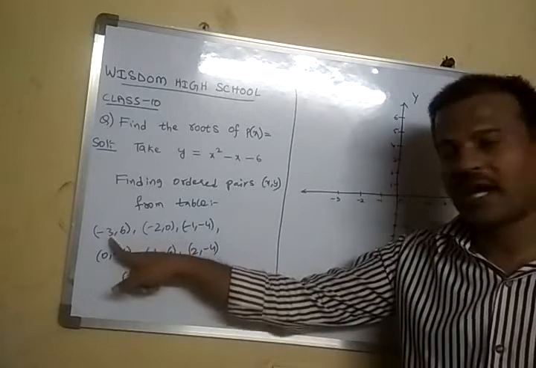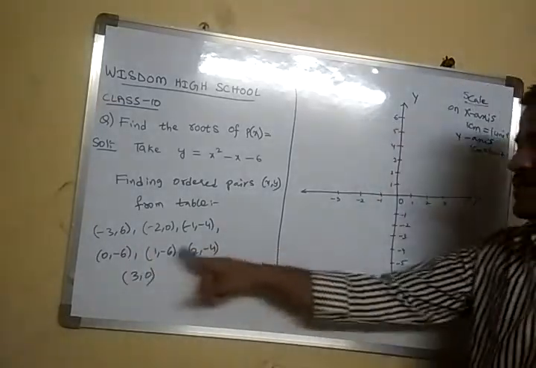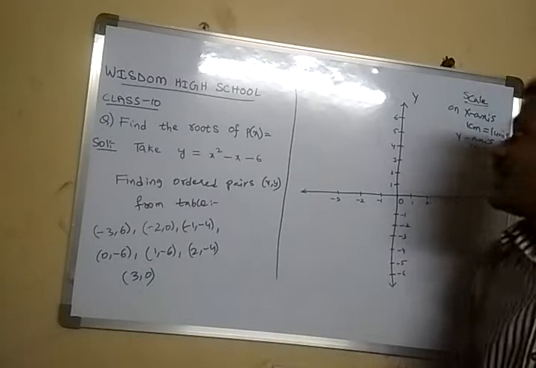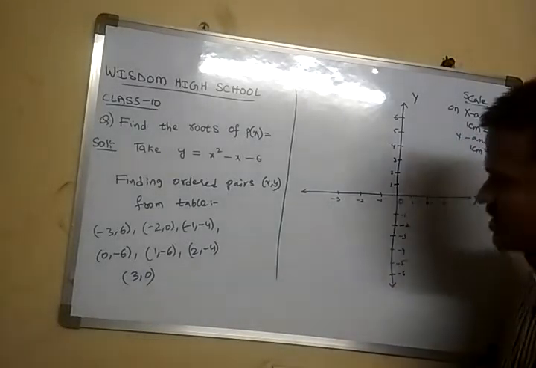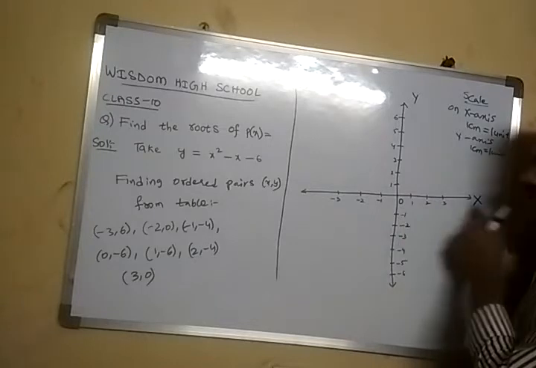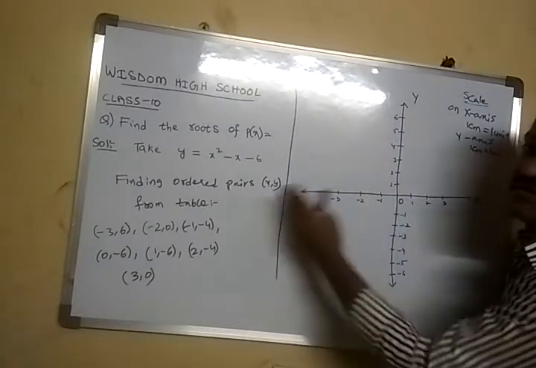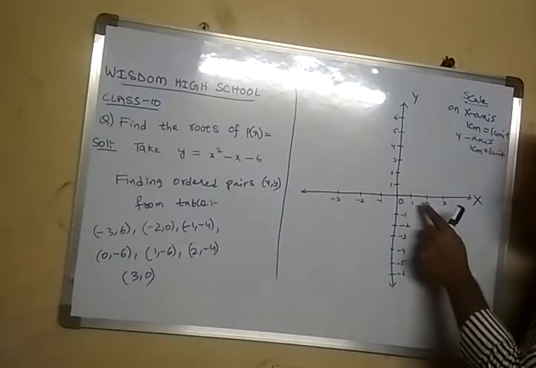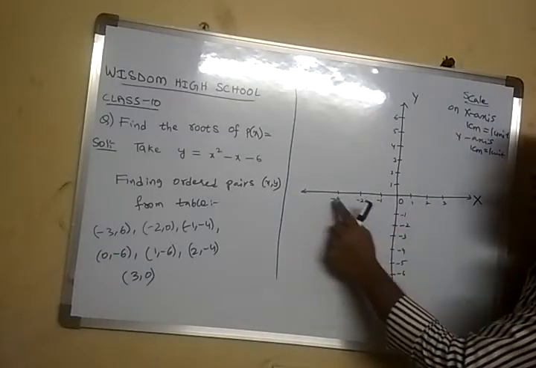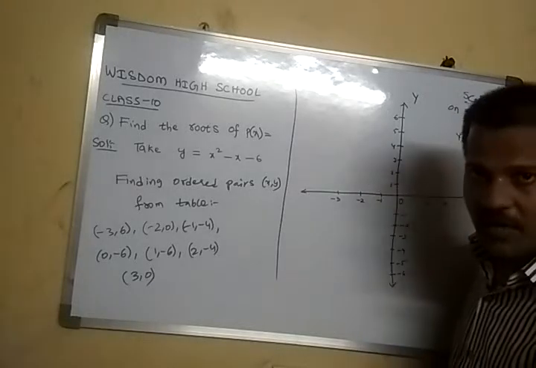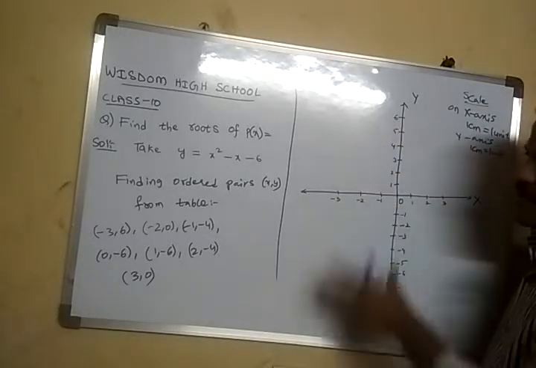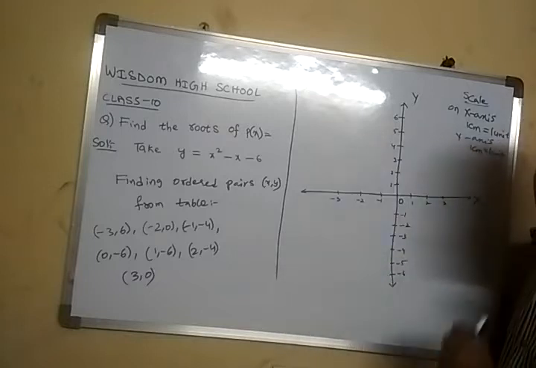If you take x values minus 30, minus 20, minus 10, 0, 10, 20, 30, then on the x-axis 1 centimeter will be 10 units. Like, see here, on the right side we will take positive values, on the left side we will take negative values: 0, 1, 2, 3, minus 1, minus 2, minus 3, and so on. Basically you can draw this graph on graph paper only. But here it's difficult to explain on graph paper.